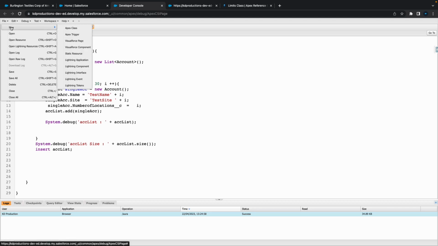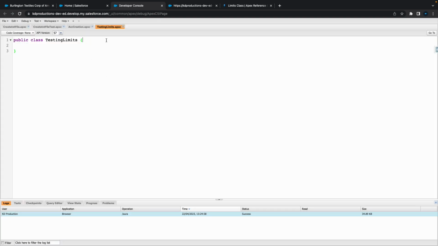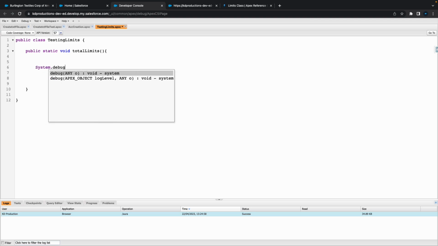In this video we're going to talk about the Apex Limits class and how to find out the total number of limits that you've got. So what I'm going to do is create a new Apex class and call this TestingLimits and hit enter. Inside of this we're just going to do a basic public static void, and actually call this totalLimits. Inside of this we're just going to put a basic little system.debug and call